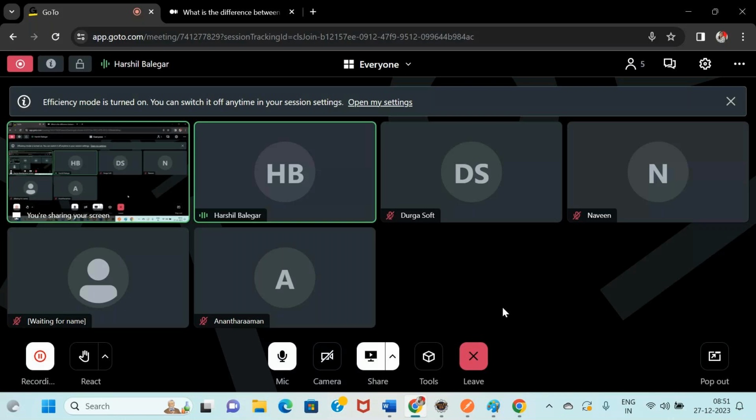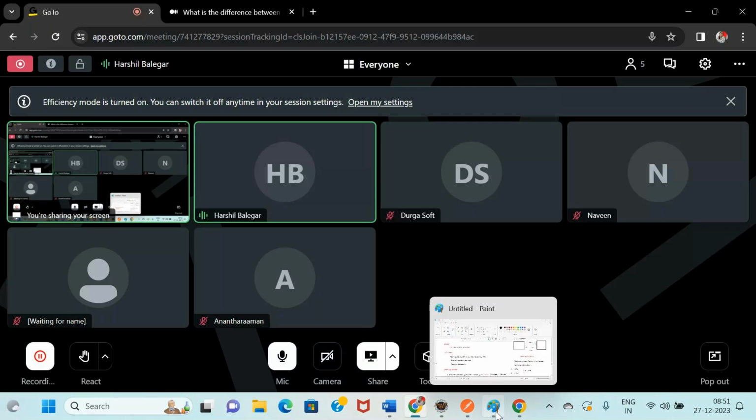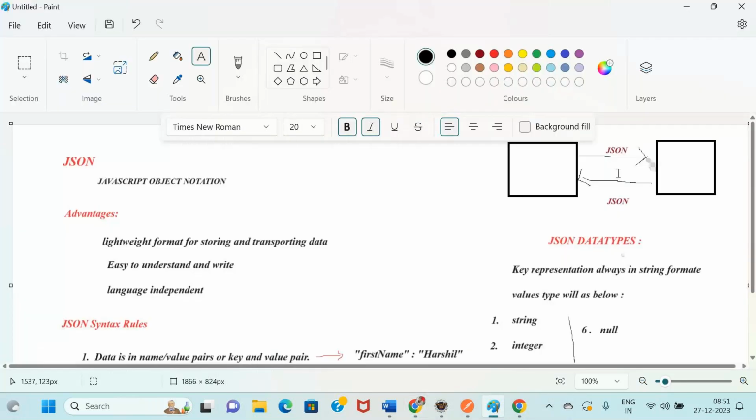So I use something common for all, which is English, easy for me to communicate and easily understandable for you also, because we all know English. Similarly, at the API level, JSON replaces English; we use JSON as the communication language there.